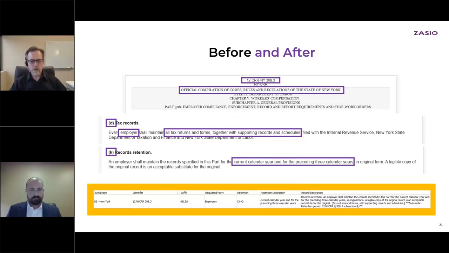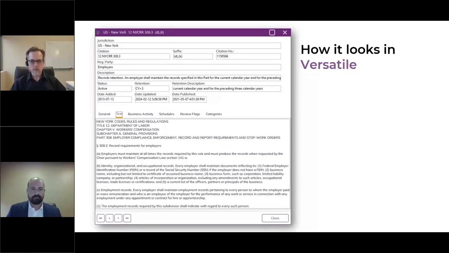So yeah, it's a good summary of the pieces that we pull out and put into the database. And that's always, again, a judgment call. It's a nuance as to how you know what to include and what not to. And I think the next part we want to take a look at is how that might show in the actual software. So this is just a quick screenshot of that same citation, how it plays out in